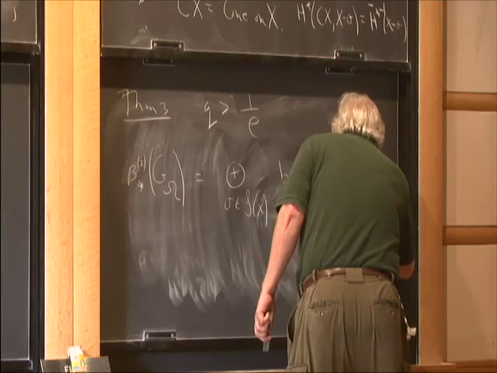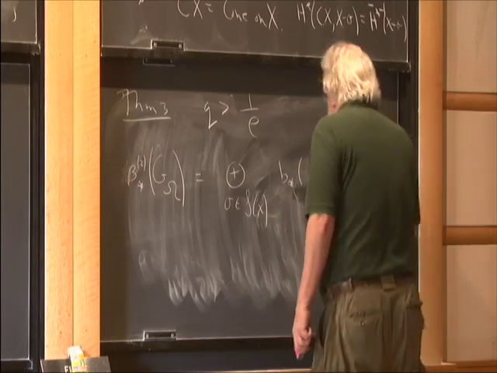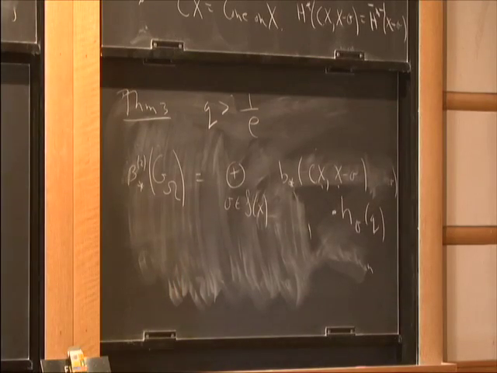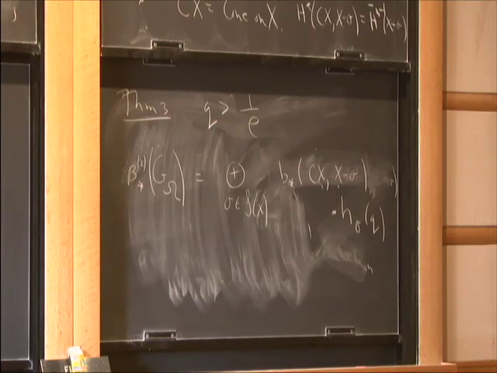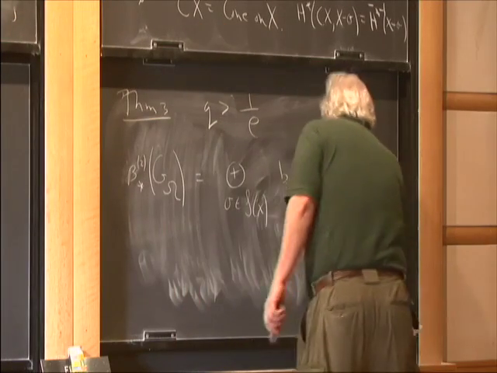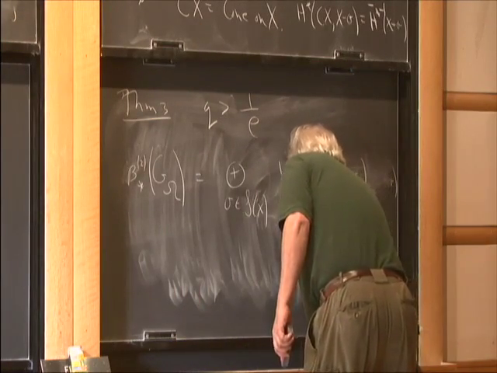times, I'll just write h sigma of q, where h sigma of q is a formula like the formula I gave you for the growth series. Well, it's in our paper, but it's basically a formula like this, except where you sum over the simplices in the link, or the star. You sum over all the simplices which contain this, something like that, and maybe you plug in q inverse instead of q. Okay, but this is some completely explicit